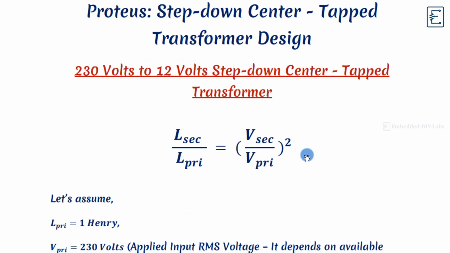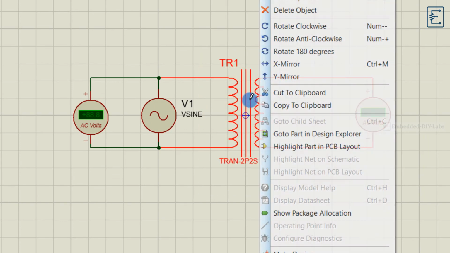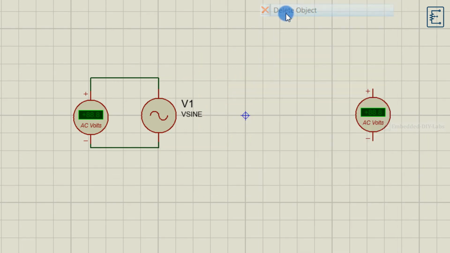Then next is step down center tapped transformer design in Proteus. Go to Proteus, delete simple transformer and select center tapped transformer and place it in worksheet.